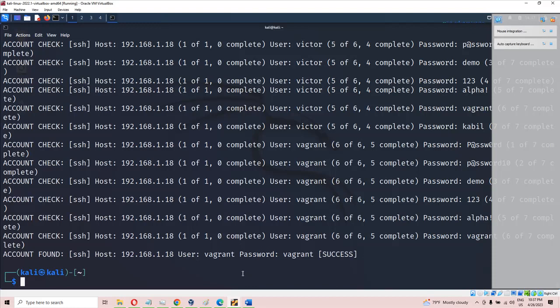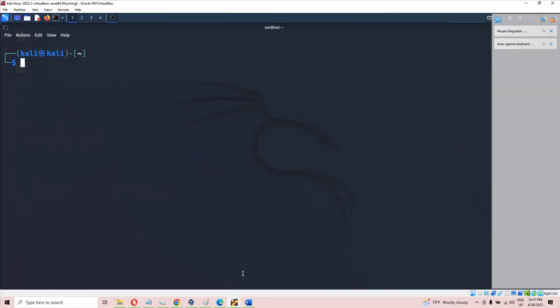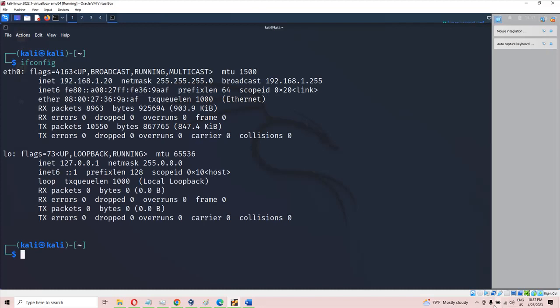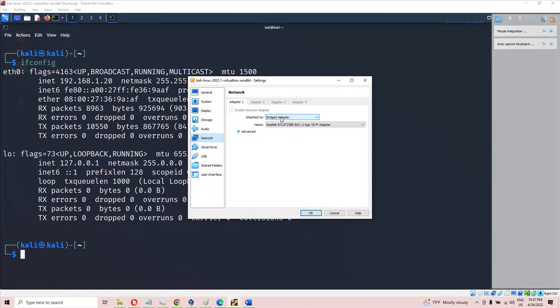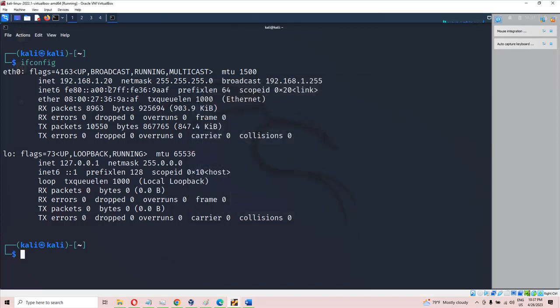Just open the Kali, open the terminal like this, and run ifconfig. Of course, the Kali adapter should also be on the same one, bridged adapter. I'm repeating, either bridged or host only adapter. So this is 1.20 and the Metasploitable 3 is 1.18. So just check whether it is pinging from here,